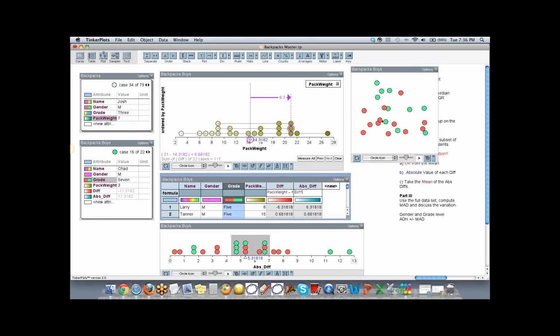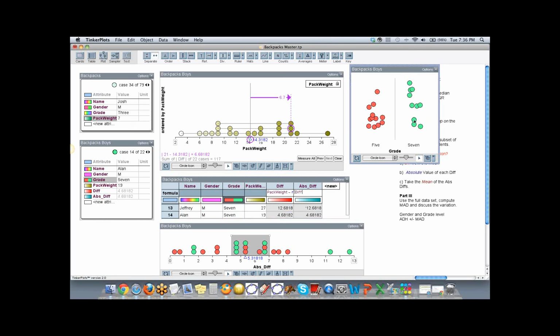So let me click on grade and talk about this real quickly and showcase a little bit of the features of TinkerPlots. The grade for this data set, we dropped out the first and third graders, so now we just have fifth and seventh graders. This grade attribute is categorical data.